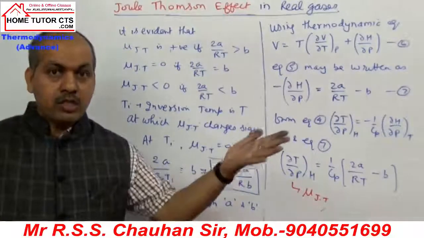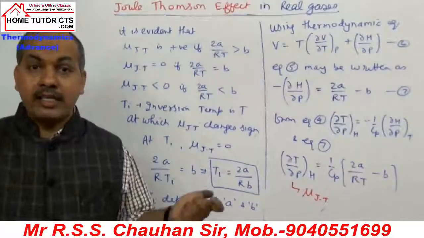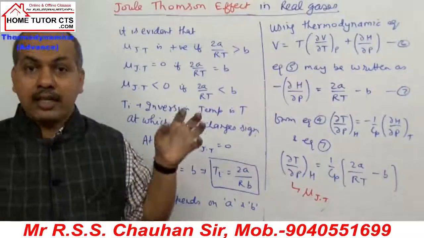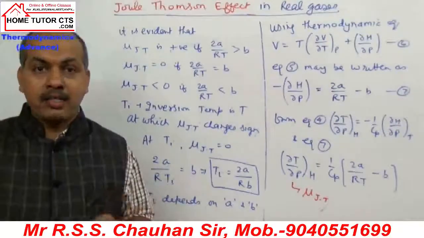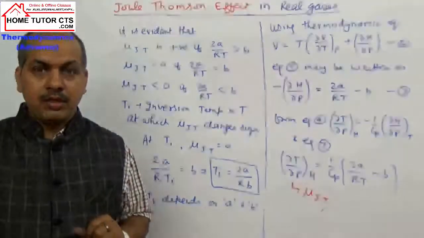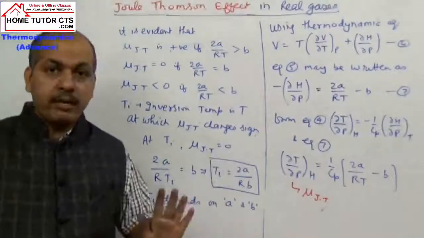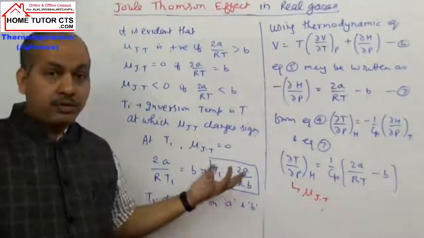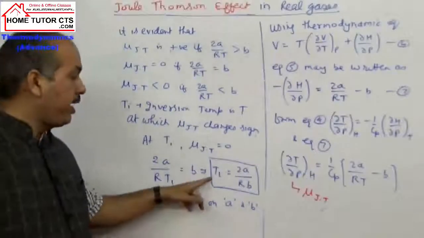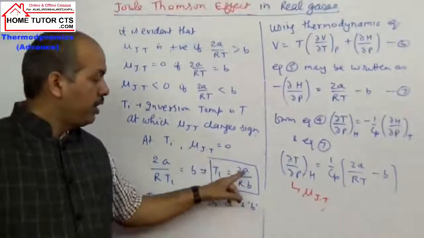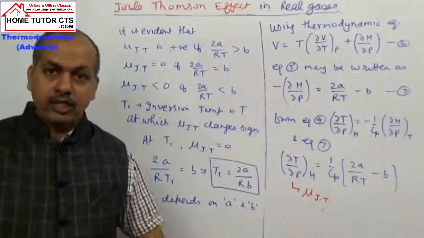And the gas molecules there can have only van der Waals interaction forces, which are directly proportional to the molecular mass of the gas. So we can say that since a and b are fixed for different gases, the value of Ti will depend only on the a and b values. R is already the gas constant.